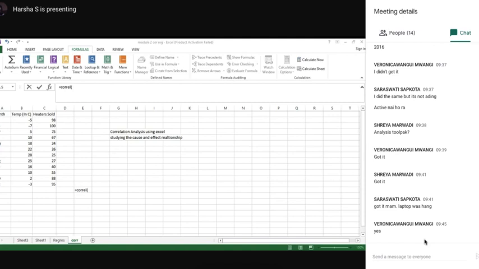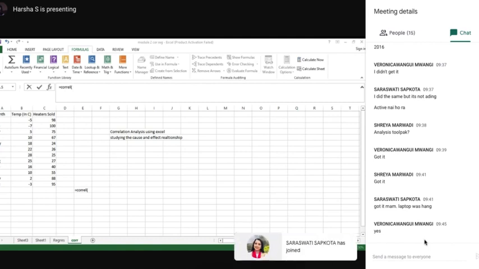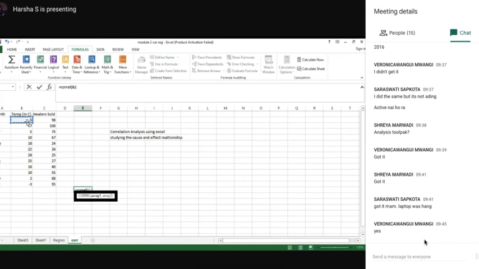Only cells with digits, and even zero, are calculated. And if the supplied arrays are of different lengths, then an NA error will be returned. And if either array is empty or if the standard deviation of the values is 0, then an error occurs. So in short, remember that every cell should have a digit. If I put 0, it will be calculated. But if it is blank or text, then it is ignored. Okay, you have to remember this.